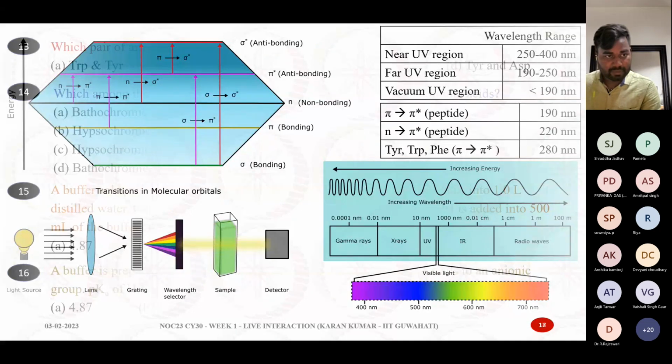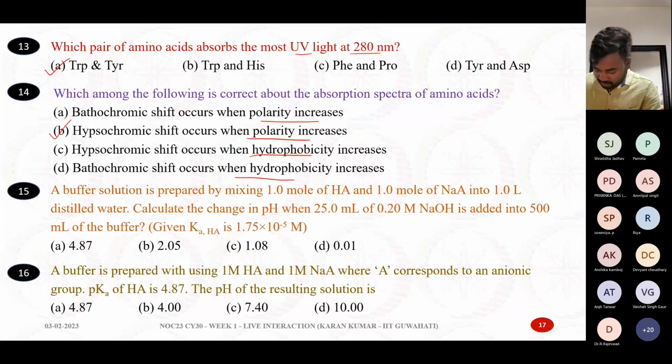Let me first discuss question number 13. No problem, no issue. You can answer, no problem. Nothing. So let me first discuss questions 13 and 14, which are related to the